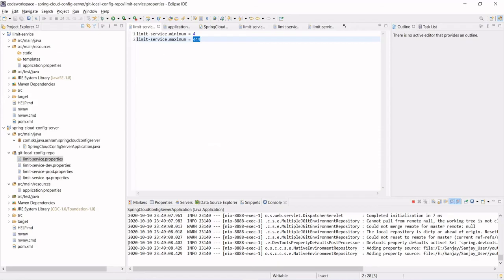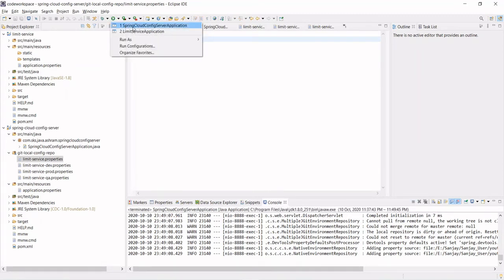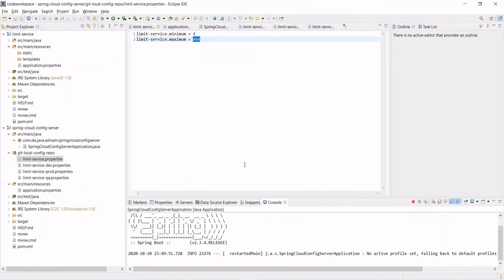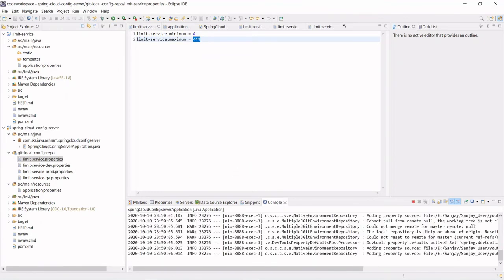So let's go there and restart the service. Config server, close this, go to the Spring Cloud config server and let it start. Let it compile.